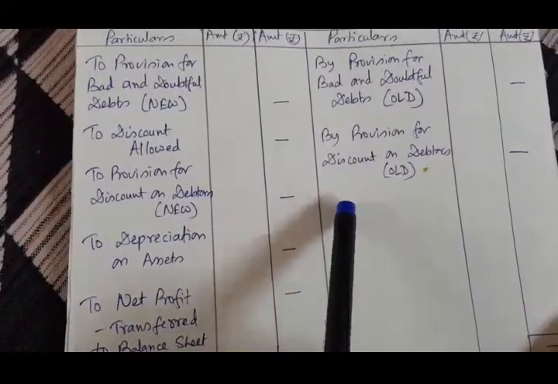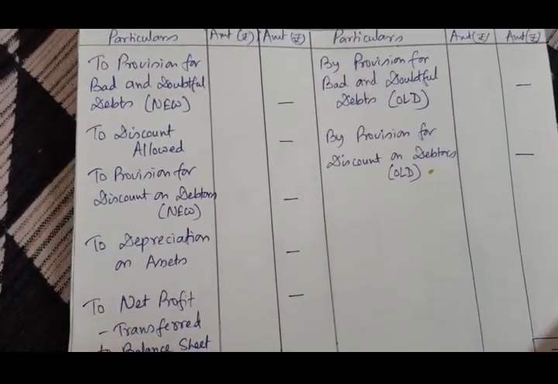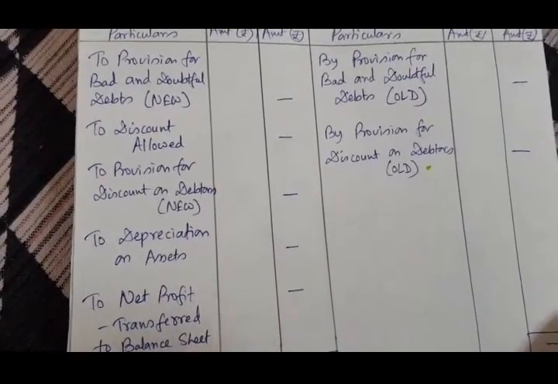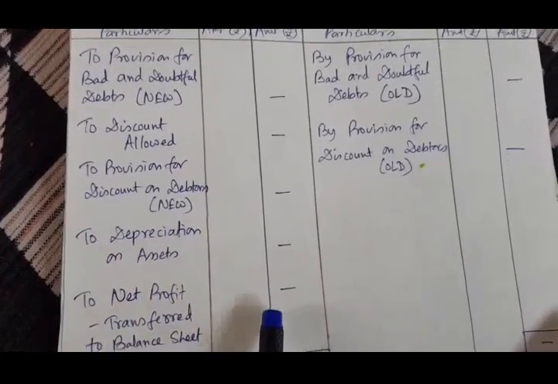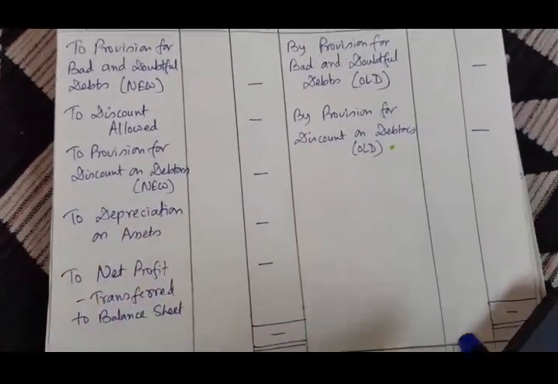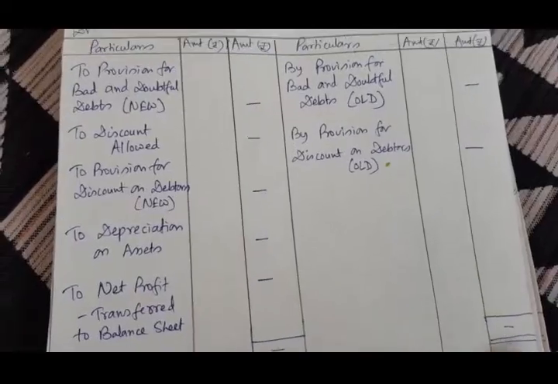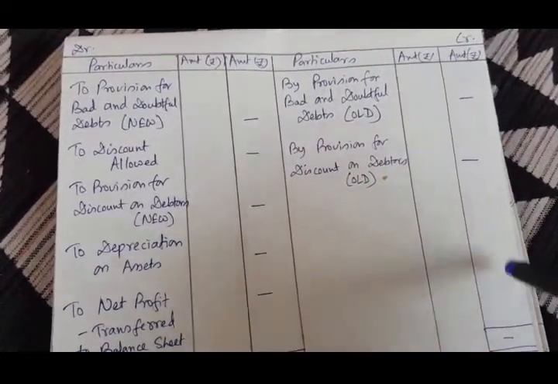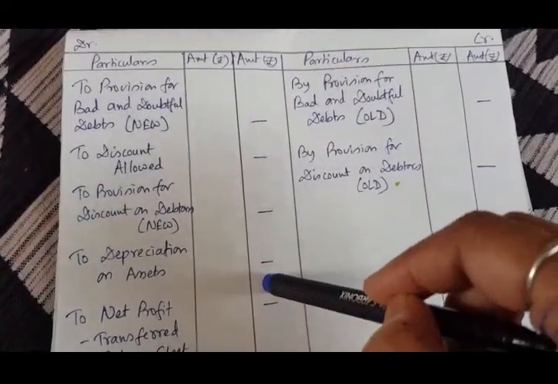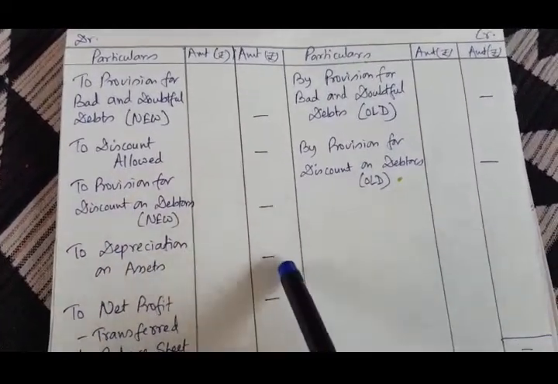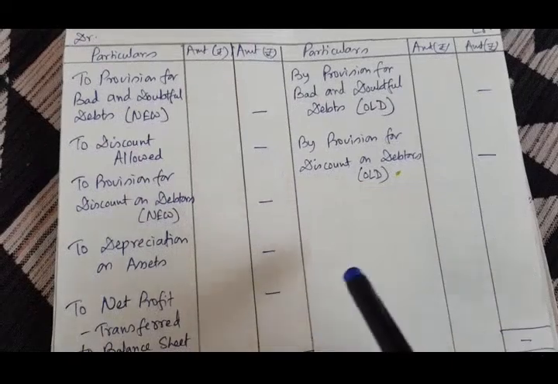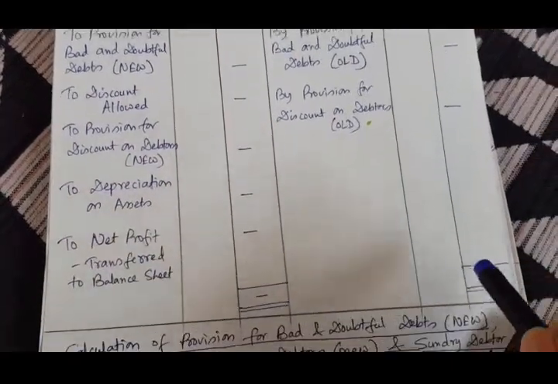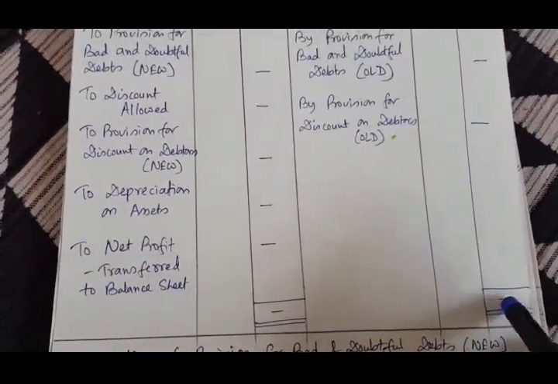I told you that the items of profit and loss account may be numerous, so all the important items I have included. Now it's the time to balance. Okay, how to balance it? Again the same procedure. We have to add credit side and find the total. We have to add debit side and find the total. We have to see which side total is the higher one. That higher total we have to put here, in this box.